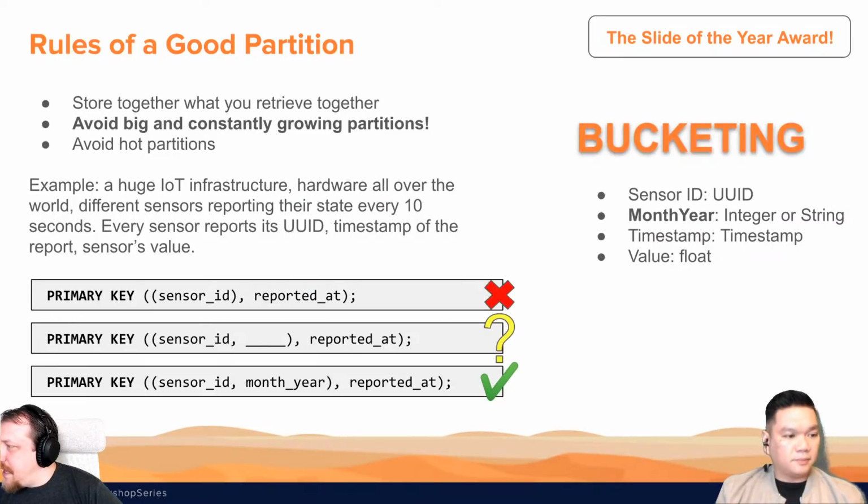I see some questions I want to answer. Really great questions at YouTube. Why not date or day, month, year, etc.? I will explain it in a couple of slides, but I want to answer it now. Take a look. We have to always specify partition key when we do a select statement because we need to know which node to ask. And therefore, if you have too specific time, like the day, month, year, then you are going to load data